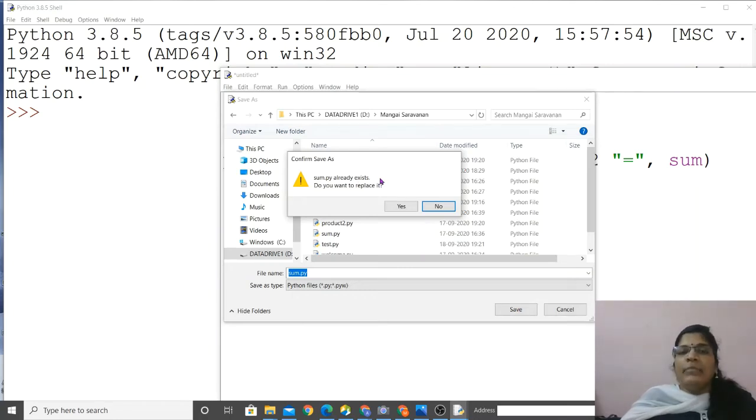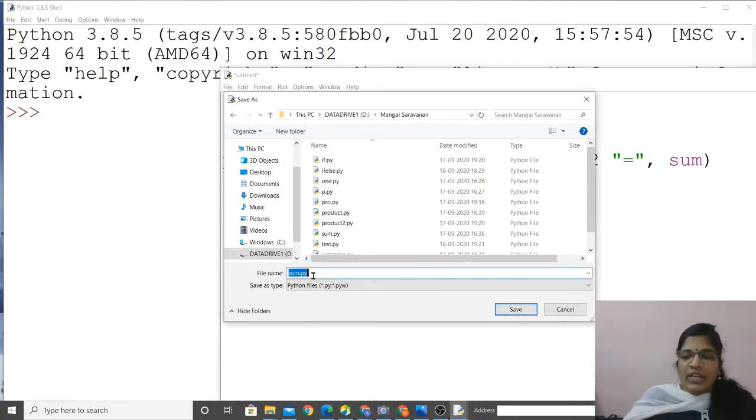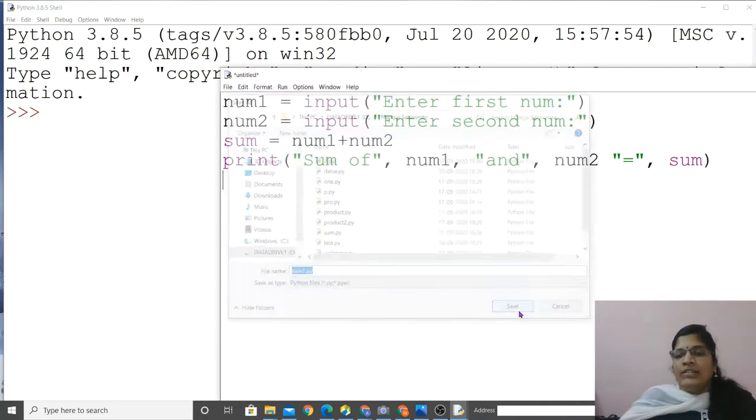That means that name is already given for another file. Do you want to replace it? No, I don't want to replace. So let me give another name, sum1 dot py. Did you understand what the error message is? Just read the errors, understand, and go ahead according to the message. So I have given sum1 dot py, then save it.